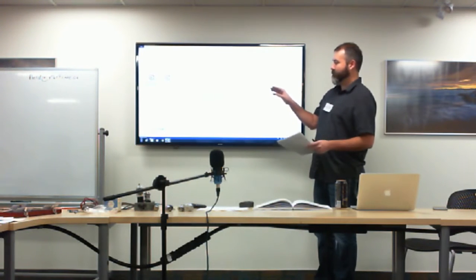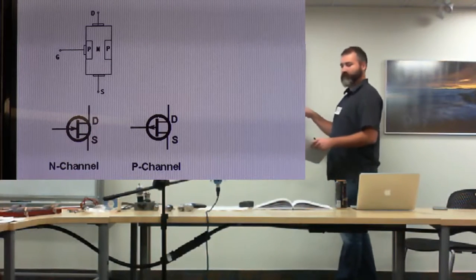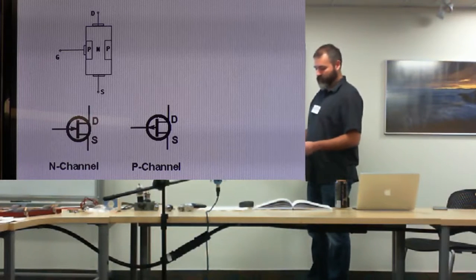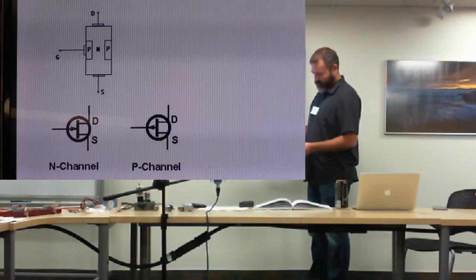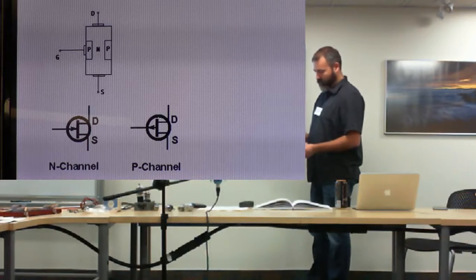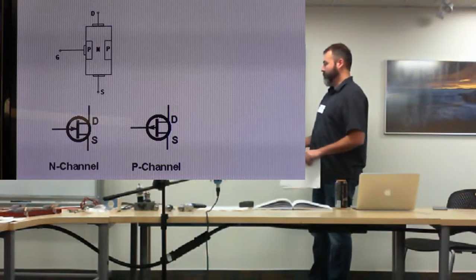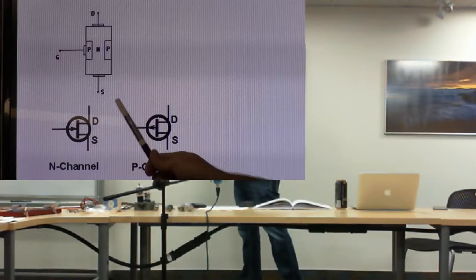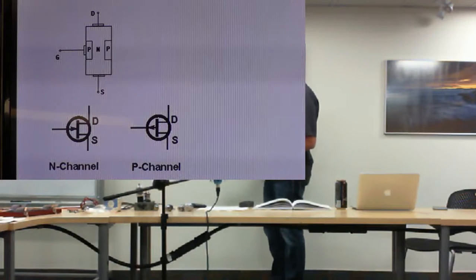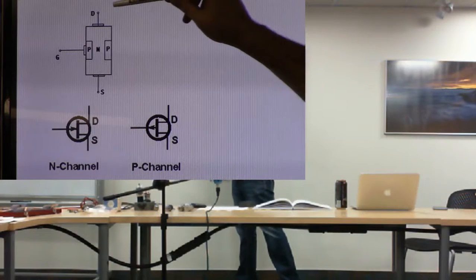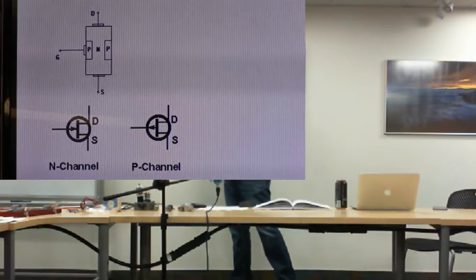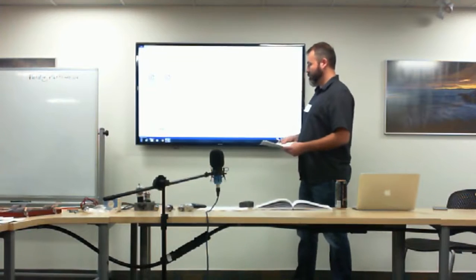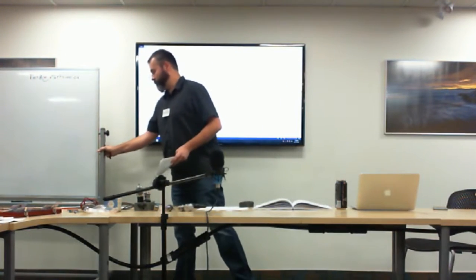You'll need to know how the gate, drain, and source is compared to the collector, base, and emitter for the test. There will be questions on that. In the notes I have a chart for you as well that shows you where they all are. The source is where the electrons enter. The drain is where electrons leave, and the gate is where it's controlled. I'll show you how that works in a moment. The gate acts kind of like the base in a transistor.